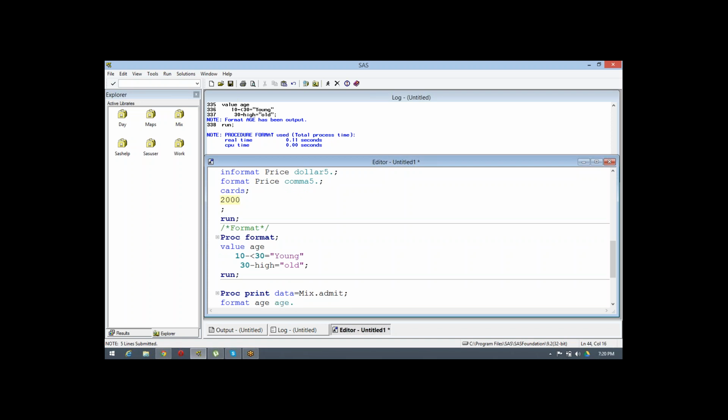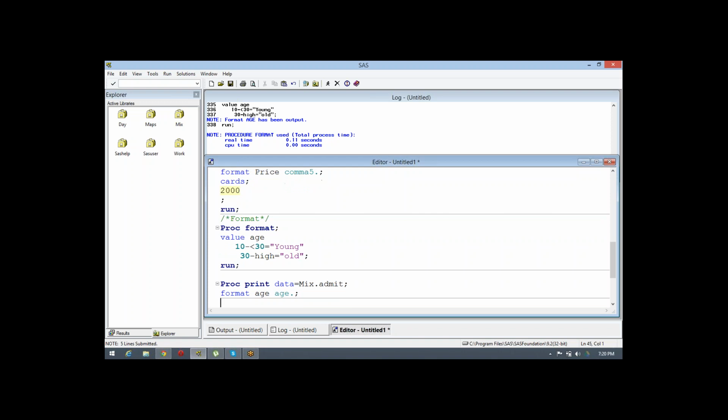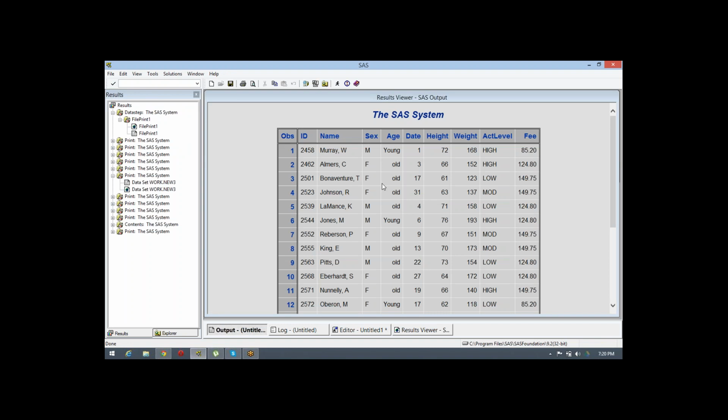So whenever you're going to apply a format, we always use dot. Dot is used to refer to a format. Okay. So now when I execute this particular program, now the output has changed.